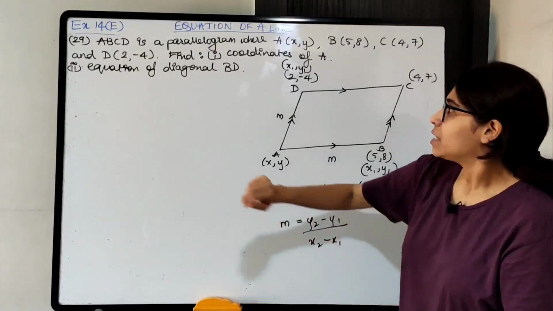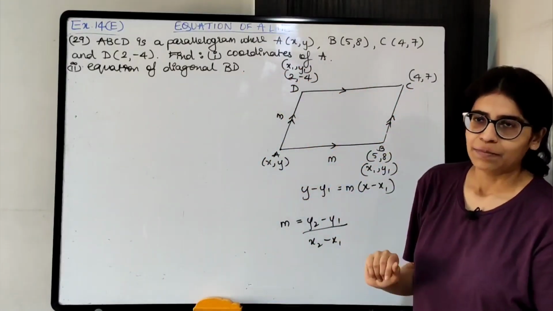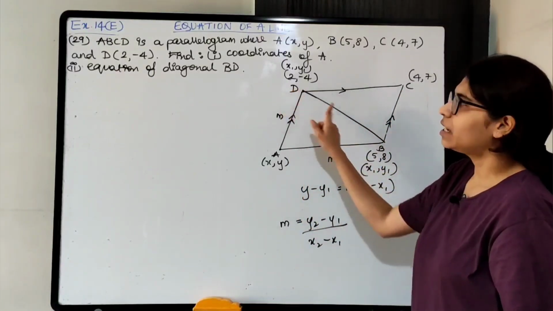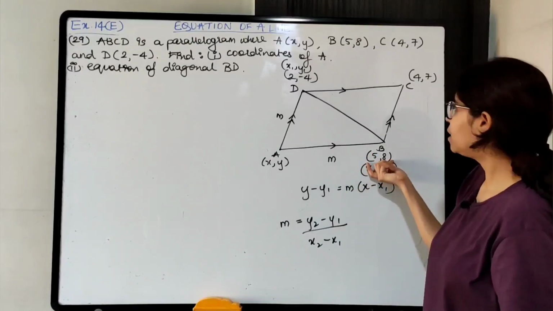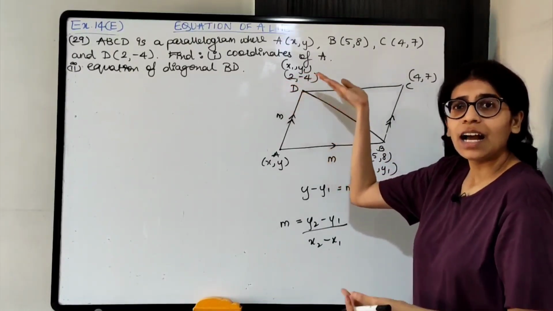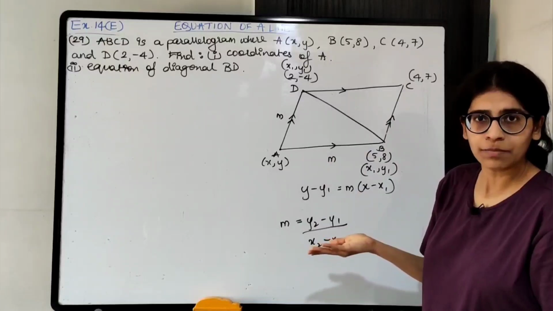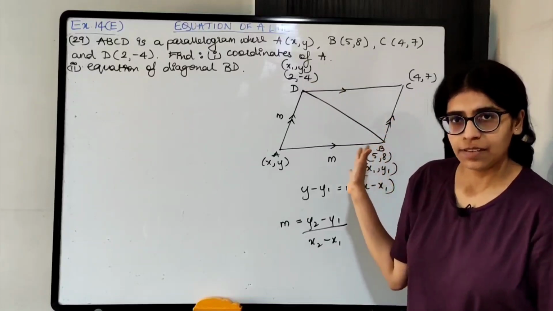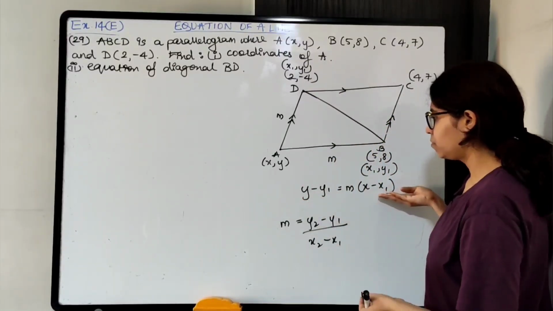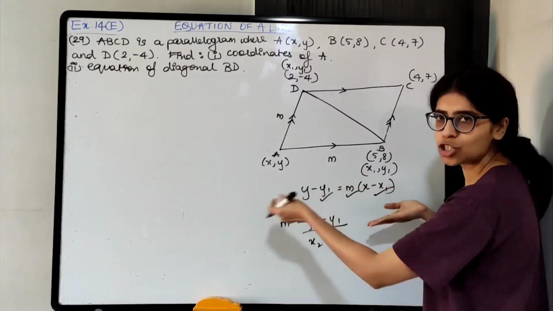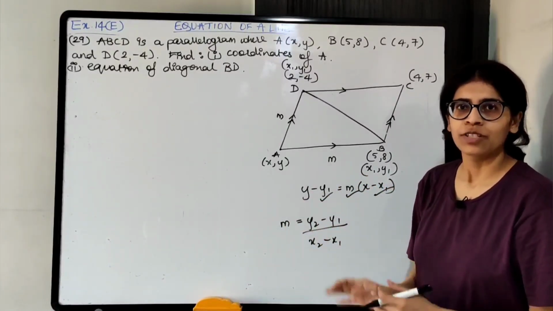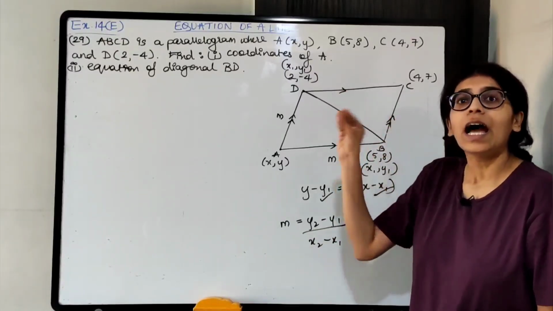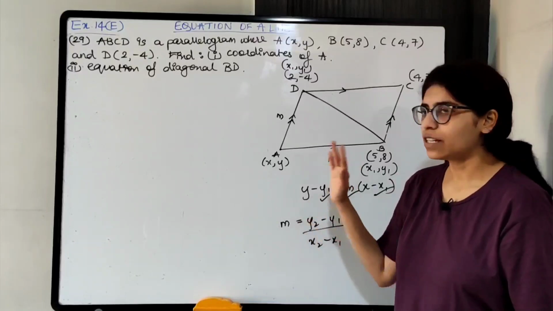Okay. Second part, we need to find the equation of diagonal BD. BD को join करो. Okay. BD का equation बहुत easy है. I have B का coordinates, I have D का coordinates. I'll easily get the slope of BD. Okay. Slope मिल जाएगा BD का. And take any one point as x1, y1. So using the formula, I'll have slope, I'll have x1, y1. मिल जाएगा equation. Okay. So it's very easy. All you're supposed to know is one point का coordinates which is lying on the line and the slope of the line. Okay. So let us solve now.